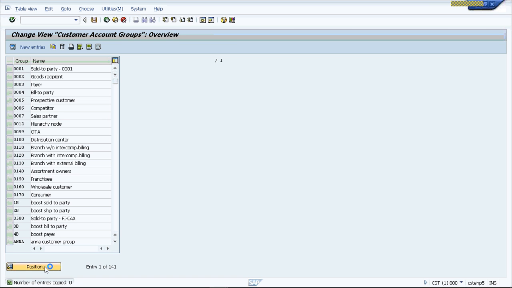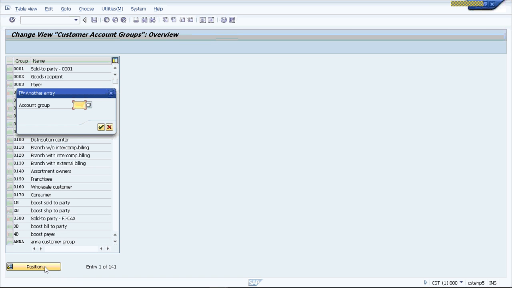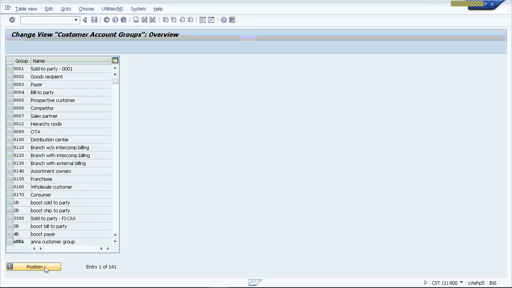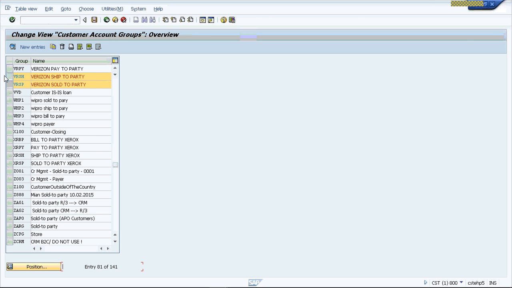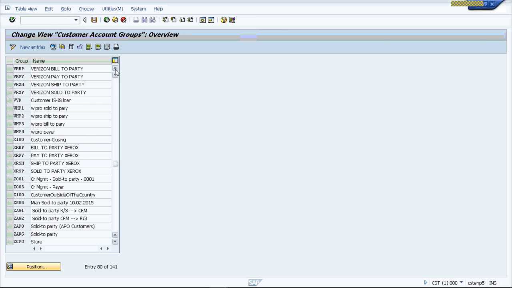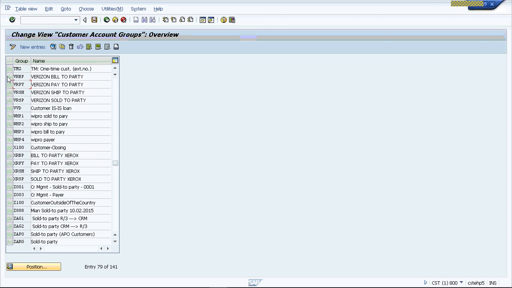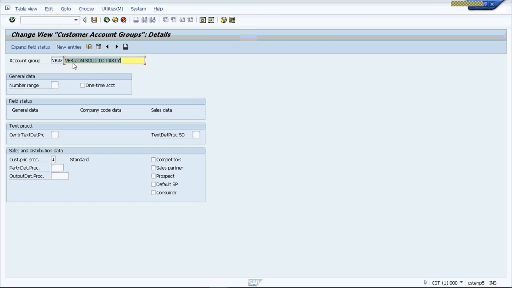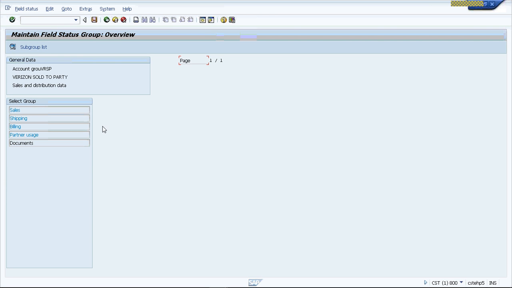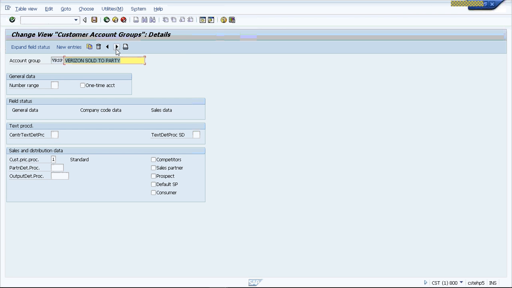So we go and check to be sure they are all created. Verizon payer. There it is. All 4 account groups have been created. So if you want to view and cross-check your work, you can view them. And this is Verizon sold to party. You check the sales area data and make sure all 4 are maintained. You go back, you go to the next one, and this is Verizon